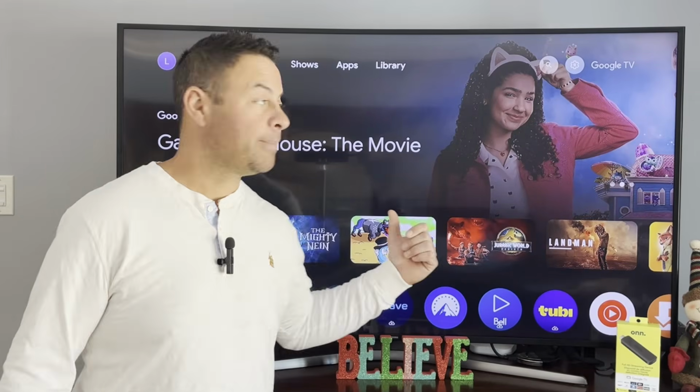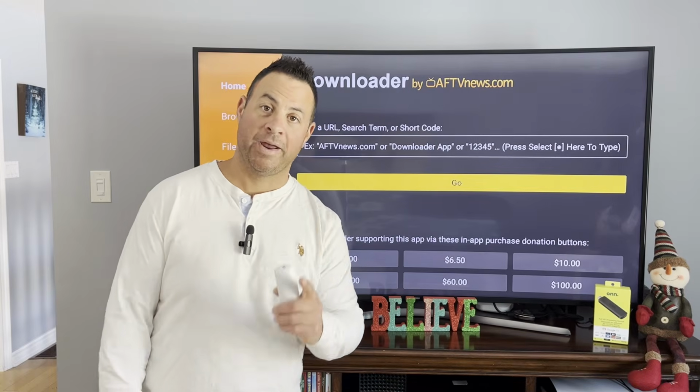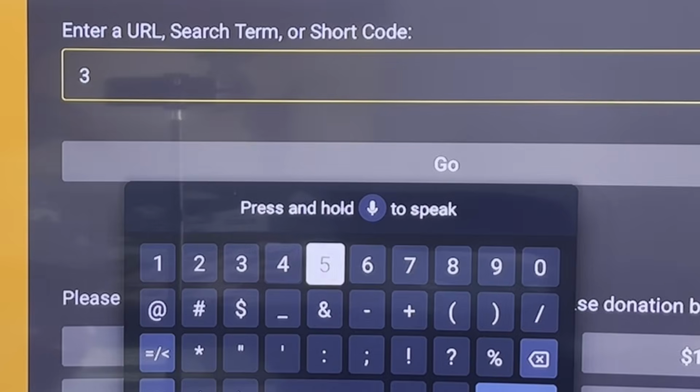Check out the latest Kodi app. I have a short code for you, and it's way quicker. And we'll just type in